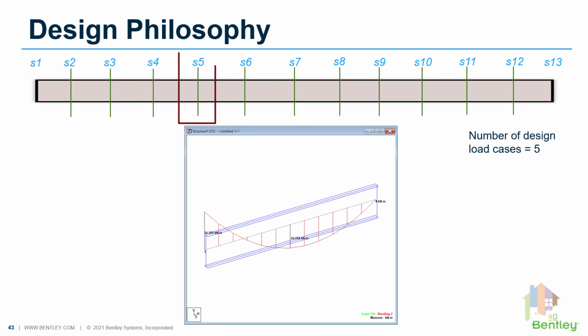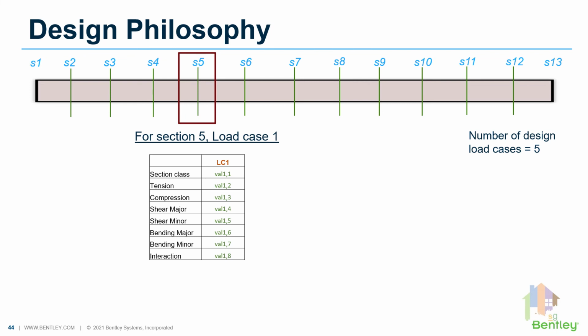Let's consider section 5 and load case 1. For this section, on the basis of the section dimension, overall design input and force values, the section class is determined first from table 2, and all capacity and design ratio values are computed. So for this section, for load case 1, we have different design ratio values for axial, shear, bending and interaction